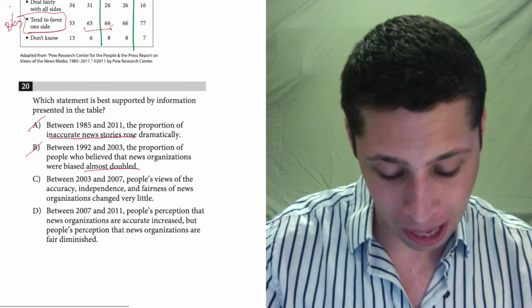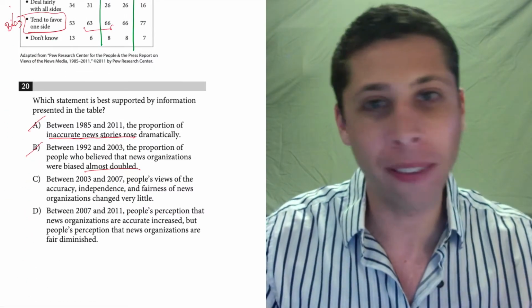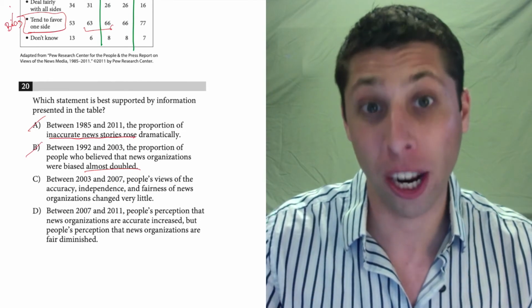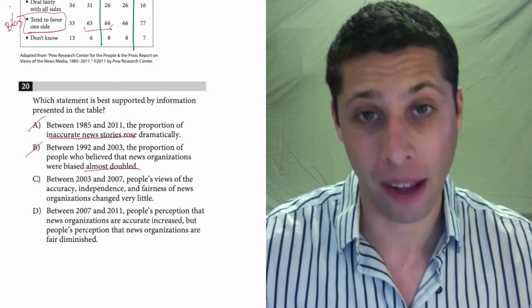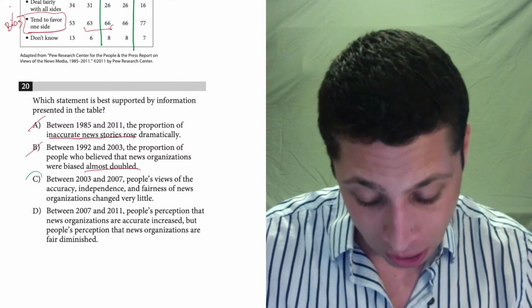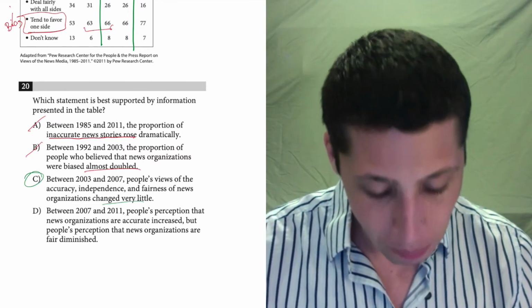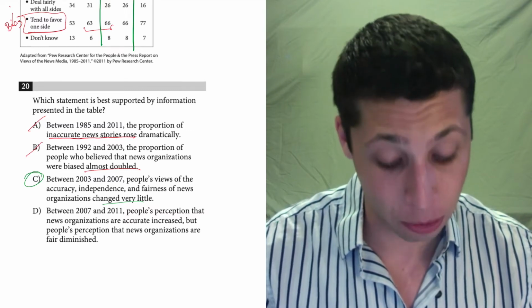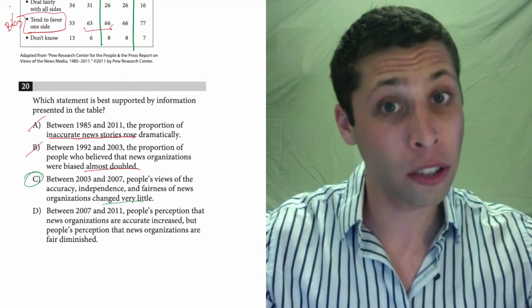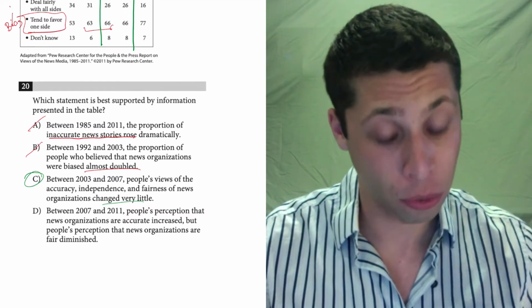I know that sometimes how big of a change something is a bit of a subjective kind of thing, but I think it's pretty obvious here. This is not a big change. So this feels right. We should check D just to make sure. But yeah, it seems like it's not really changing a lot between those years. If we had looked at too many years, different story.